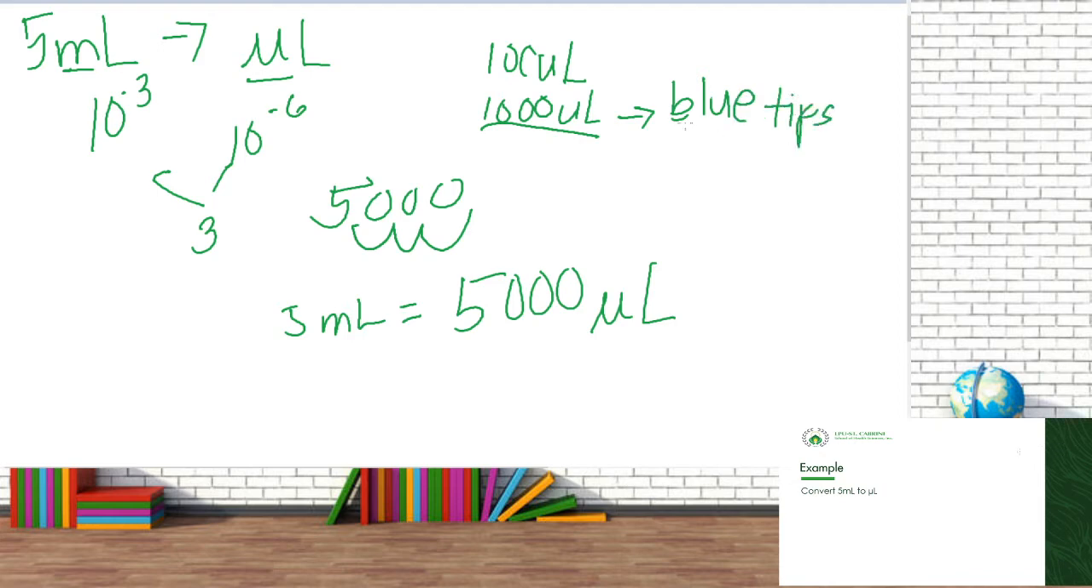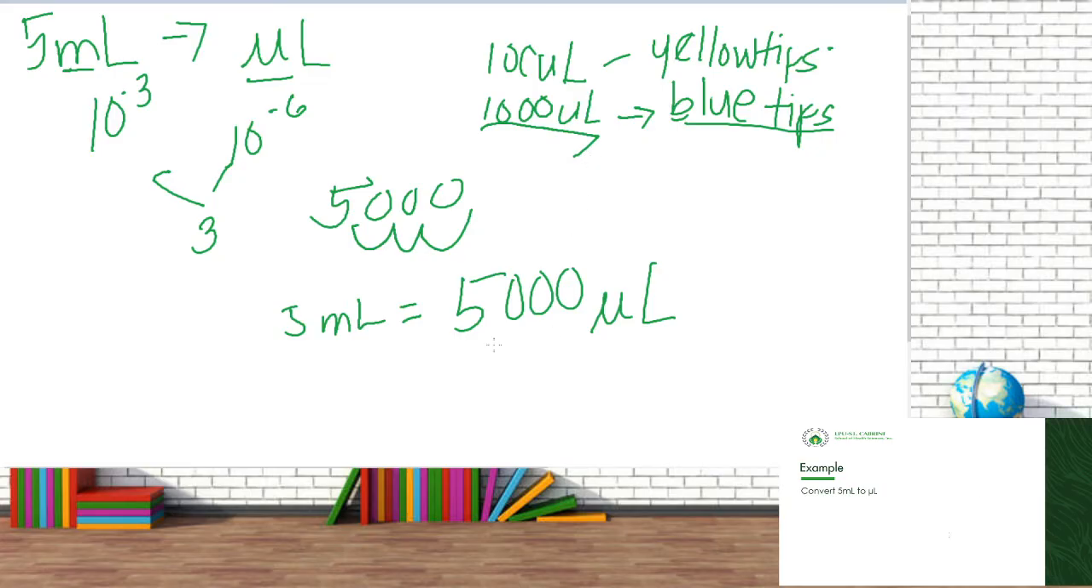Yan. This is our blue tips. And the 100 UL, this is the yellow tips. Why is it color coded? It is for us to identify it, to recognize it easily. Okay? So assuming that you are going to use your blue tips, your 1000 UL automatic pipettor, and you have